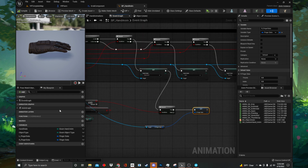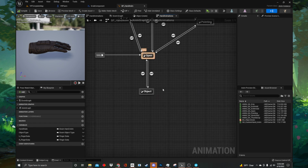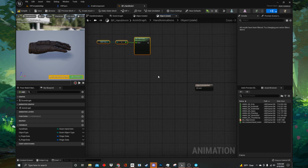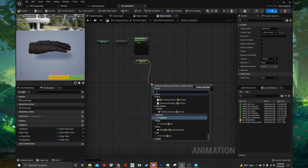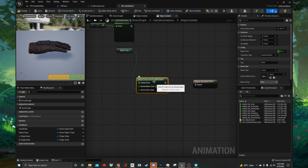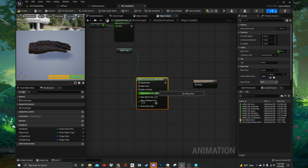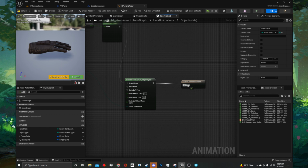Now we need to go to the animation graph. Click into hand animations, go down to our object state. For now, we want to disconnect our grip pose system because we're going to create new functionality in here and then create a system that blends between the two of them. Let's actually do that right now. Drag out our object type enum, press get. We're going to drag out of here and type blend poses by enum object type. Drag that into the active enum value. And then inside of here, we need to right click and create one for basic and basic left. Reconnect our grip pose system to the default pose, connect that up to the output animation pose,